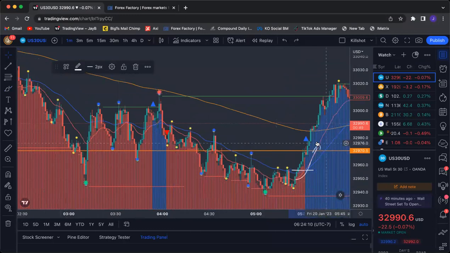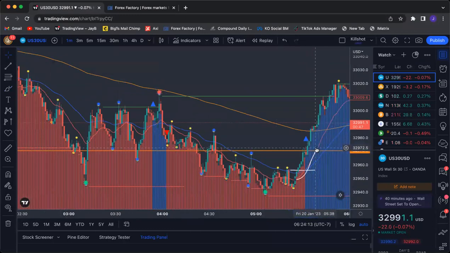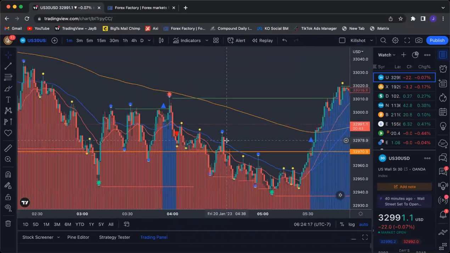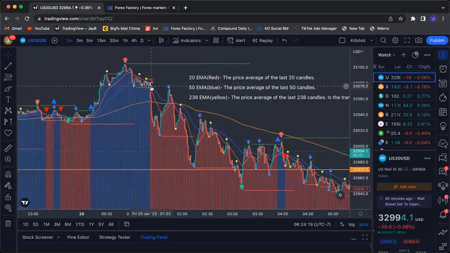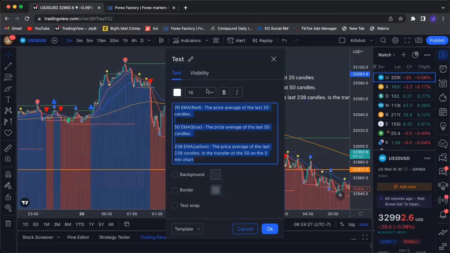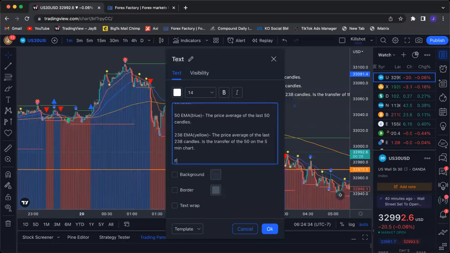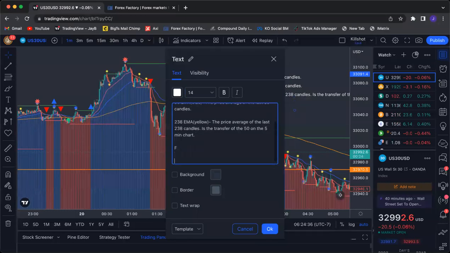Now we're going to talk about separation. So we're going to type this out as well. Okay, so those are your EMAs, those are angles. So things to look out for. I'm going to type this in again, and I'm going to make this a little bit smaller so everybody can see it. We're going to have an acronym. It's called the F, A,